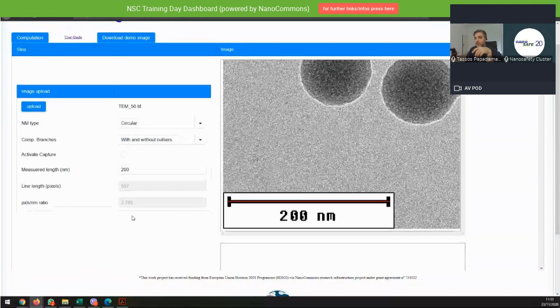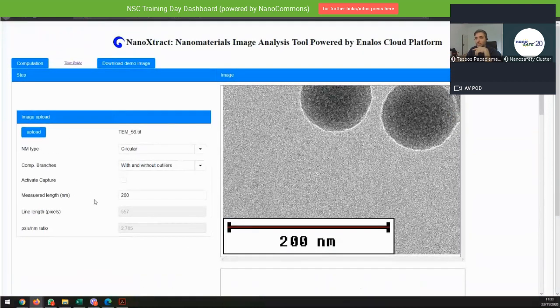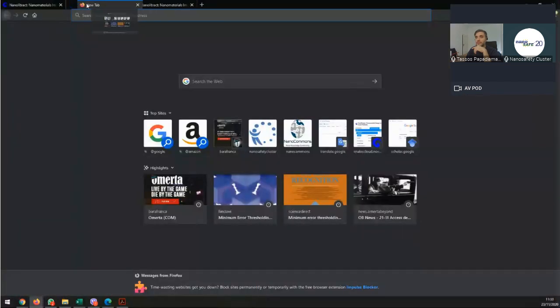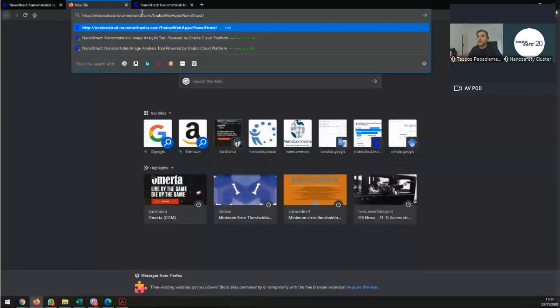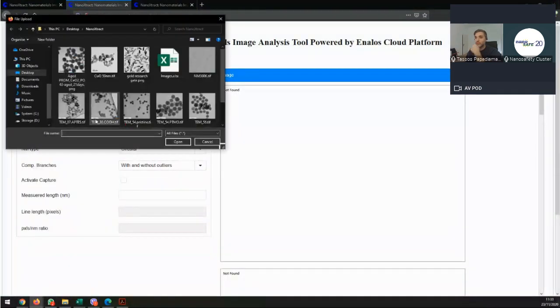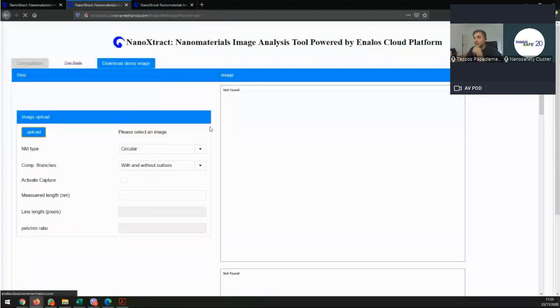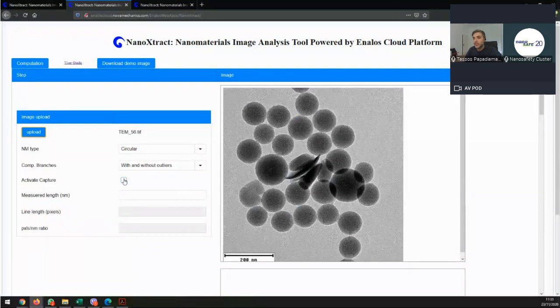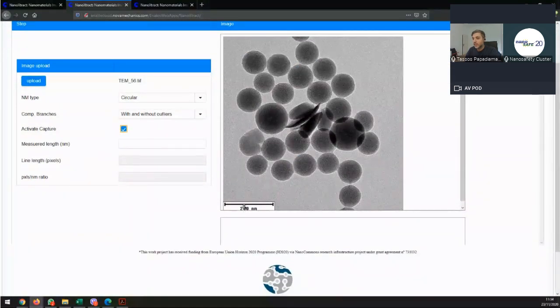Okay, let's run it with these settings now. We'll probably get an error here. We'll see how it goes. I would also like to run the same image, but making the mistake of not actually identifying it correctly in terms of scale. As you can see here, the magnifying glass is here, but if you go a bit higher, you may not get it. So I will do it, let's say, assuming that this is the correct one.